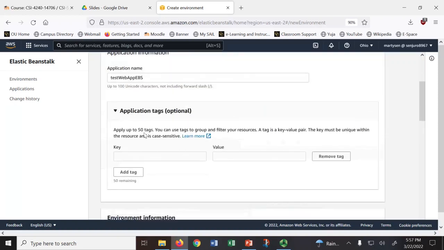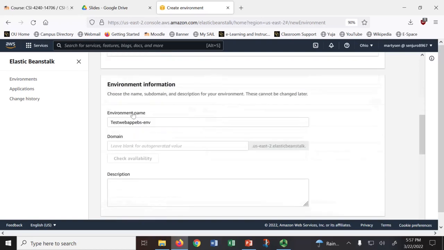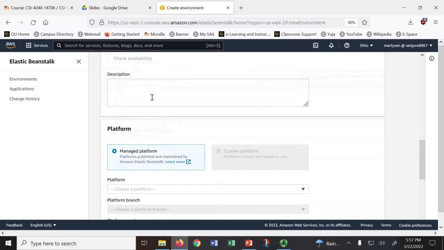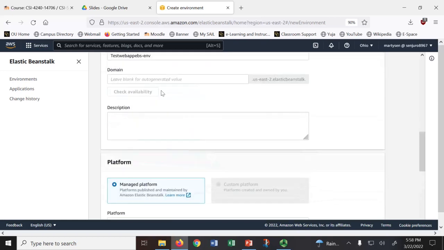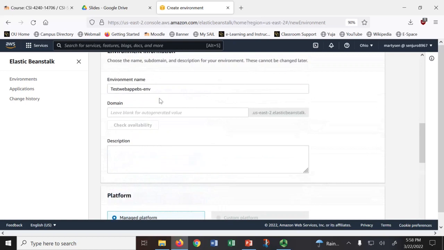Remember, again, I keep telling you this. We are not doing this. It's an optional thing, but please make sure that you give tags when you're working in a professional environment. Okay, it's very important to organize. So here you have the environment name. The environment name just populates from the application name itself, but the rest of the stuff you leave blank. You probably won't be seeing these options for the first time usage that you're doing, but you can essentially,